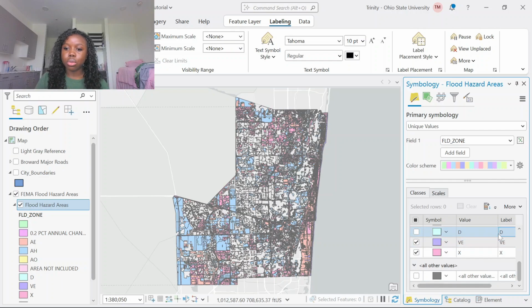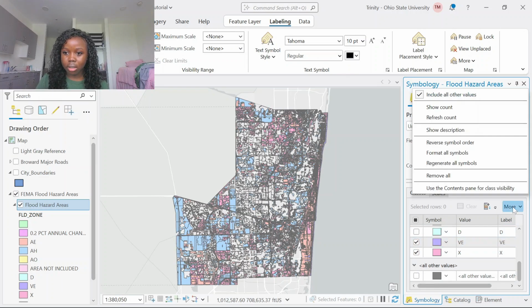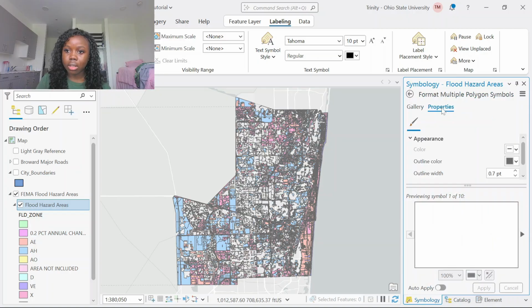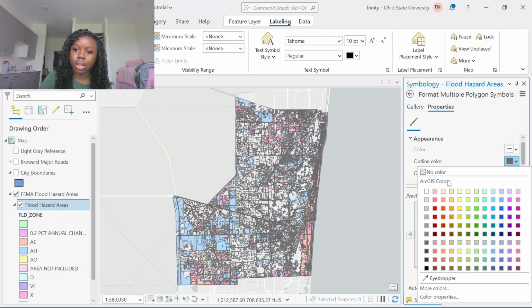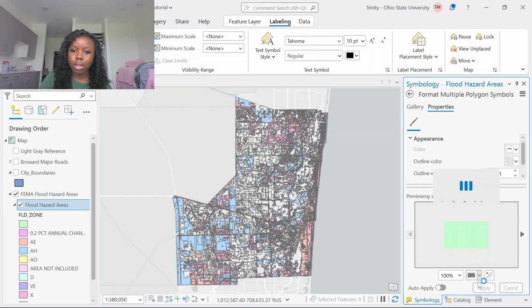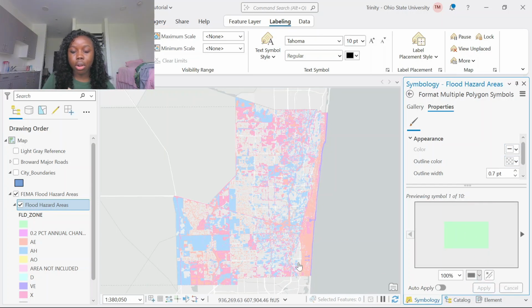And what we're going to do here is click more, and then we're going to format all the symbols. This allows us to change each of the symbols without having to individually go in and remove the outline. We're going to do no color for the outline, because I feel like the outline is just crowding everything. And now we get this nice pastel looking map,